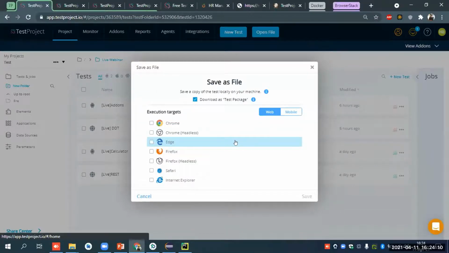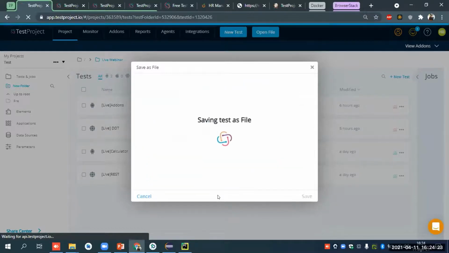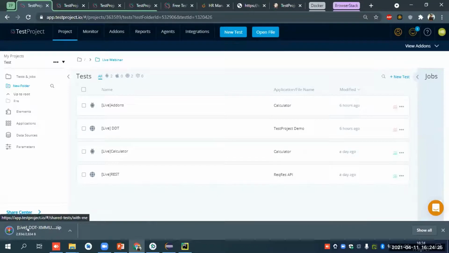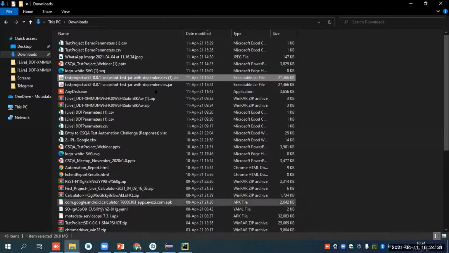In the test package, it will download all the dependencies locally. After that, I will create the execution target. I will keep the Chrome browser as of now and click on save. After saving, it will download as a zip file. We have selected a test package, so it will download as a zip file. It will come to my downloads.